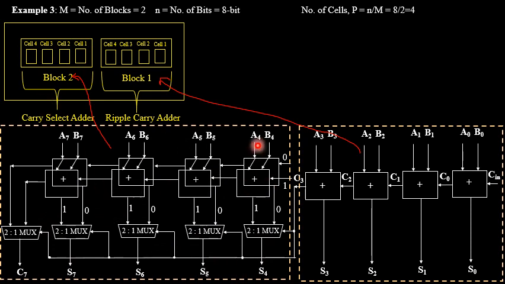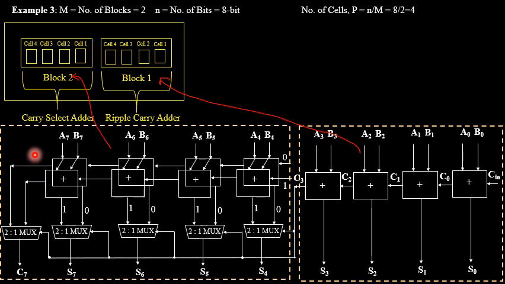So 4 cells are done. This is cell 1, cell 2, cell 3 and cell 4 for your block 2. So this is the end of your block 2. So I have generated all the sum outputs, which are sure whether it is equal to logical 0 or logical 1, because I have used a 2:1 mux and I have provided the control signal for that 2:1 mux from the previous carry output generated from the block 1. So now finally it is yielding your sum output S7 and C7.